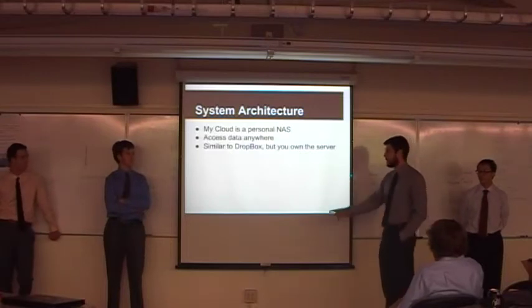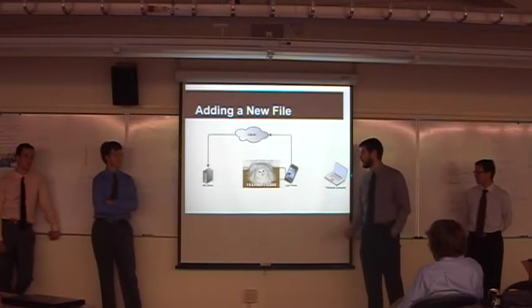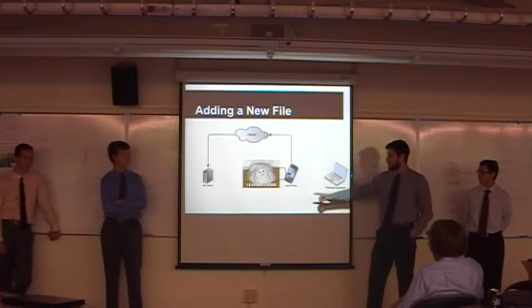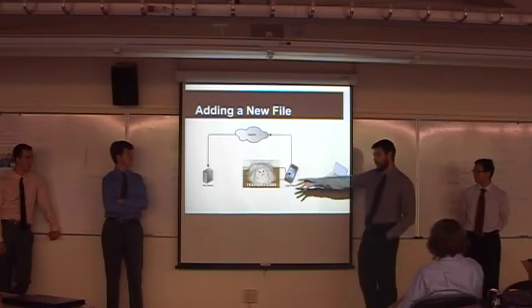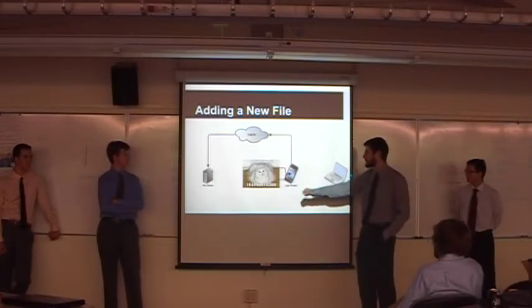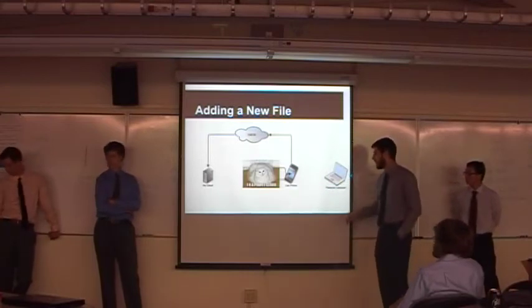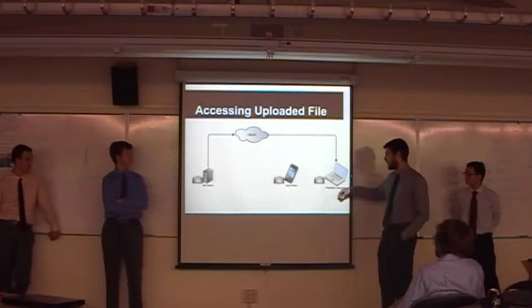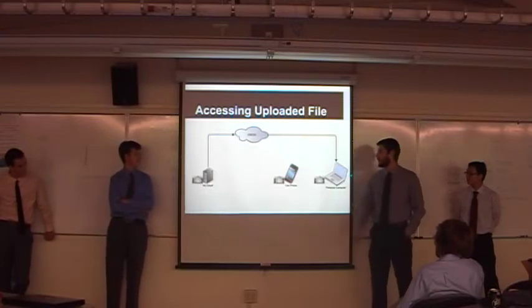So if you were on your cell phone and wanted to download a little cat picture and upload it to your MyCloud, you could do that. It'd be synced to your MyCloud, and then later at night, if you wanted to access the little cat, you could download it onto your personal computer,